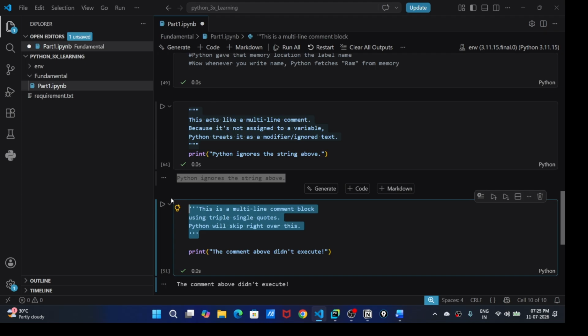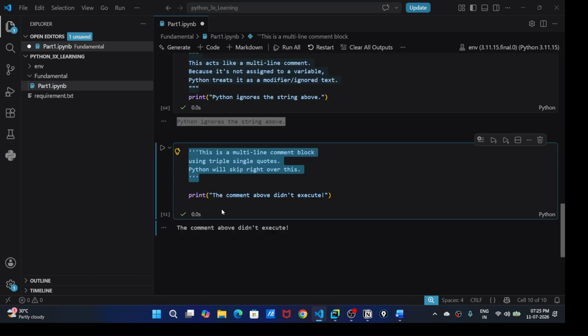The same way, docstrings are also defined using triple quotes. We will see that one by one.